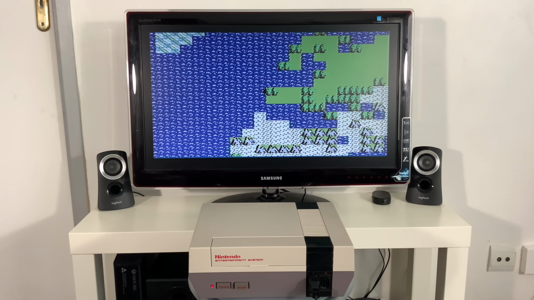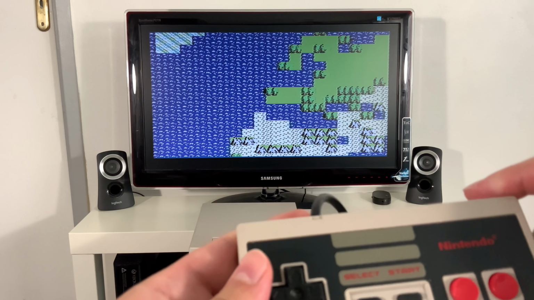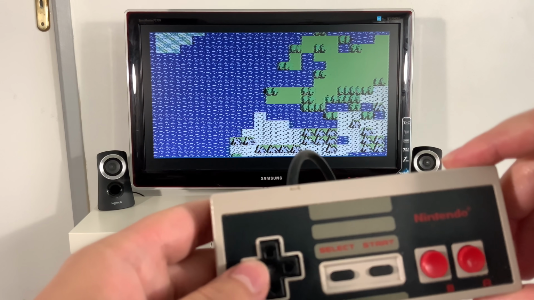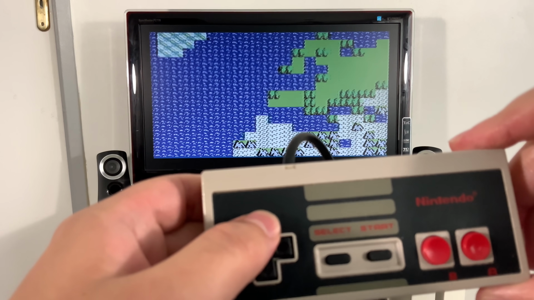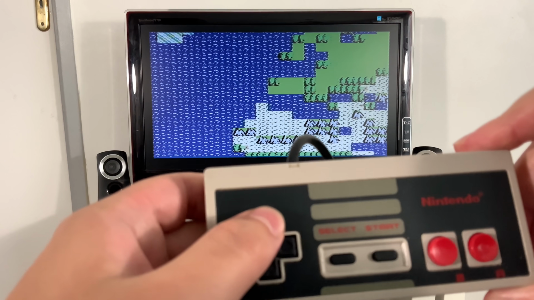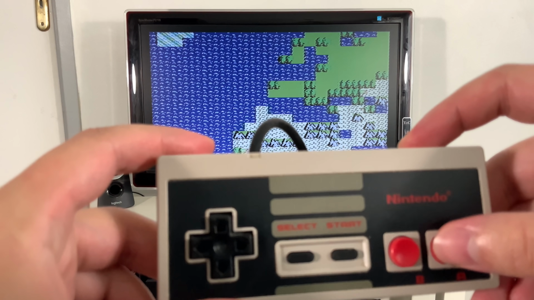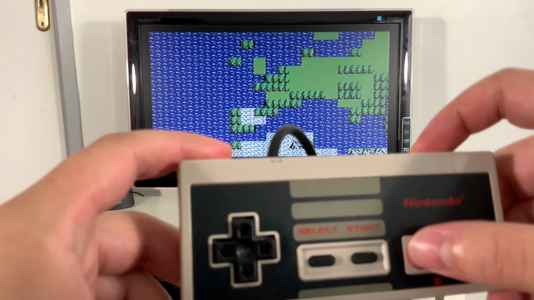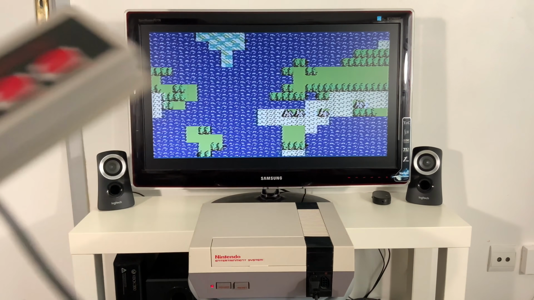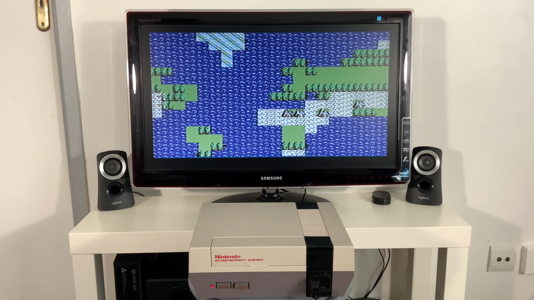So let me grab my controller for the NES and show you the controls. We can move around by pressing the buttons of the D-pad, and we also have the A button to zoom in and the B button to zoom out. So let's go and explore Europe a little bit.